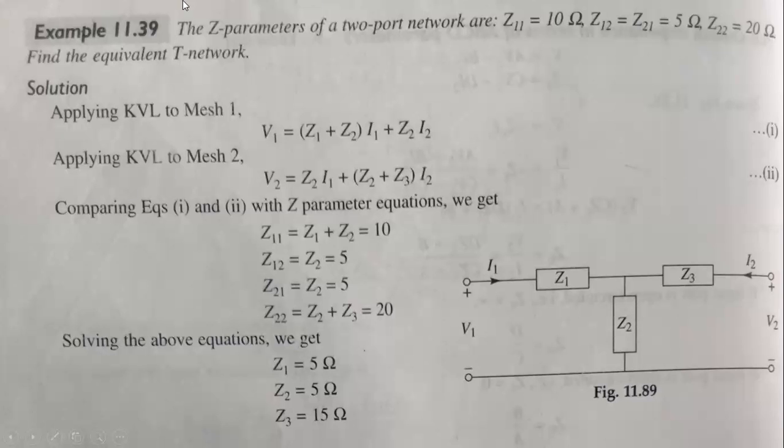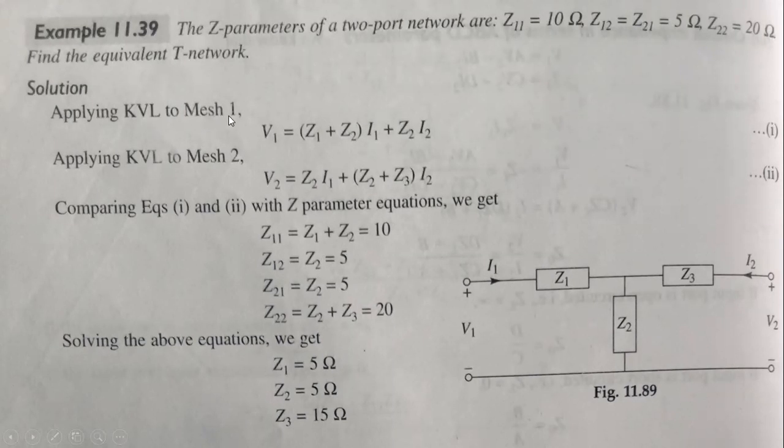Why are we saying this? Because this is the T network. At the beginning, just draw the T network and mention the values Z1, Z2, Z3. Mention all the notation I1, I2, V1, V2. And then apply the mesh analysis because of the impedance. By applying mesh 1 on this side and mesh 2 on this side, you will be able